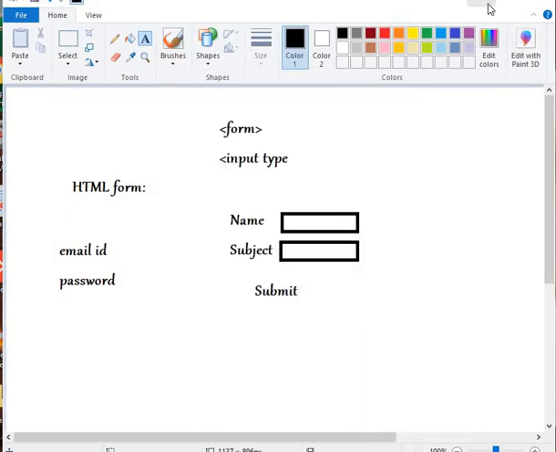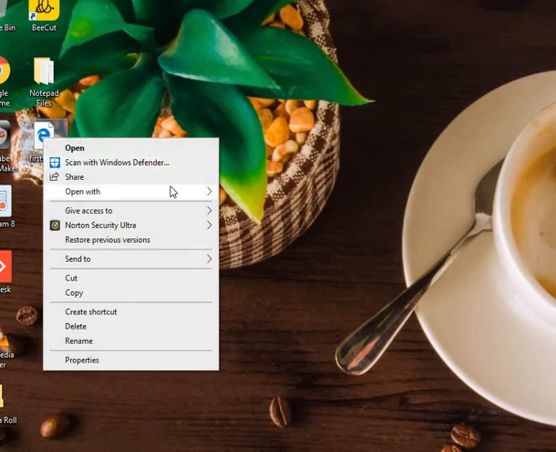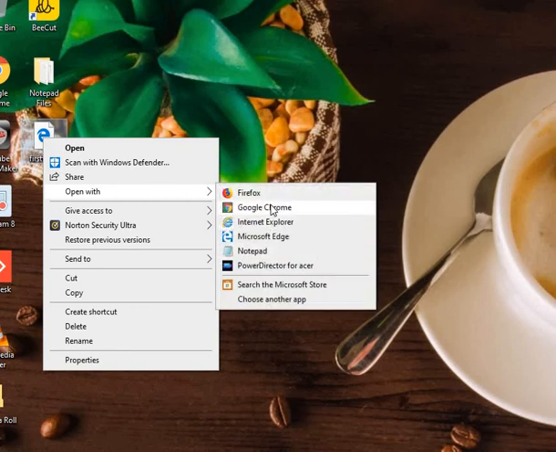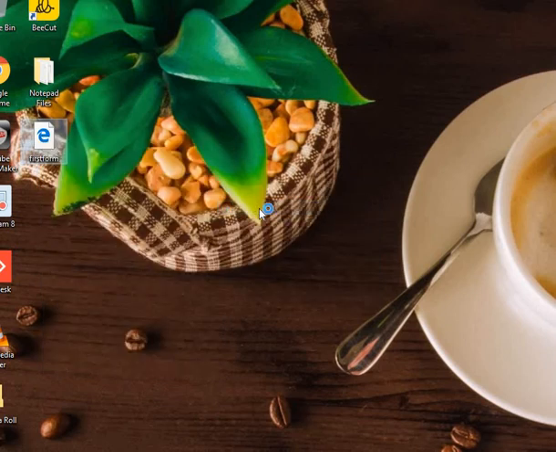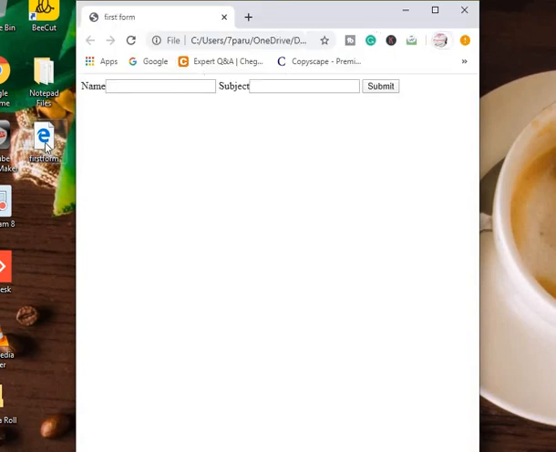After I save it, I need to open it. You can see the icon has changed because this is not the icon for text files, but I want to open it with the Google Chrome browser. Okay, so this is the output.